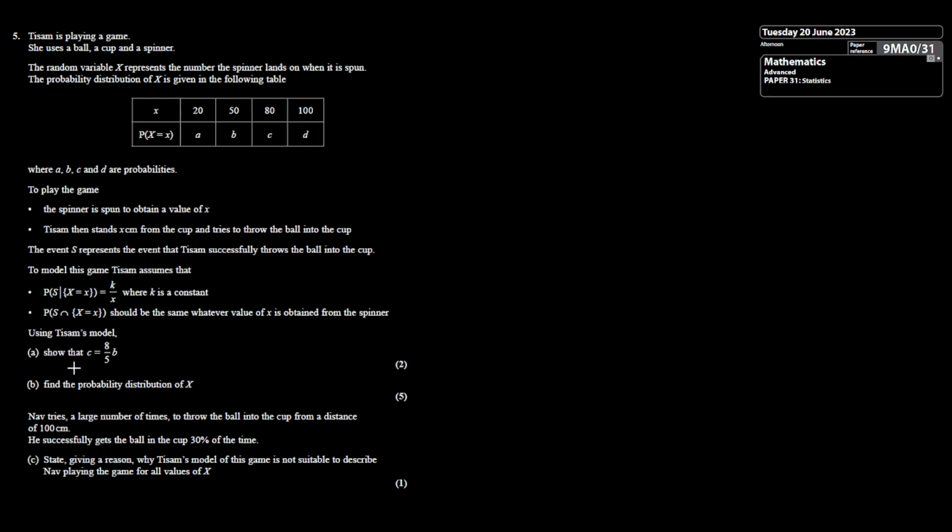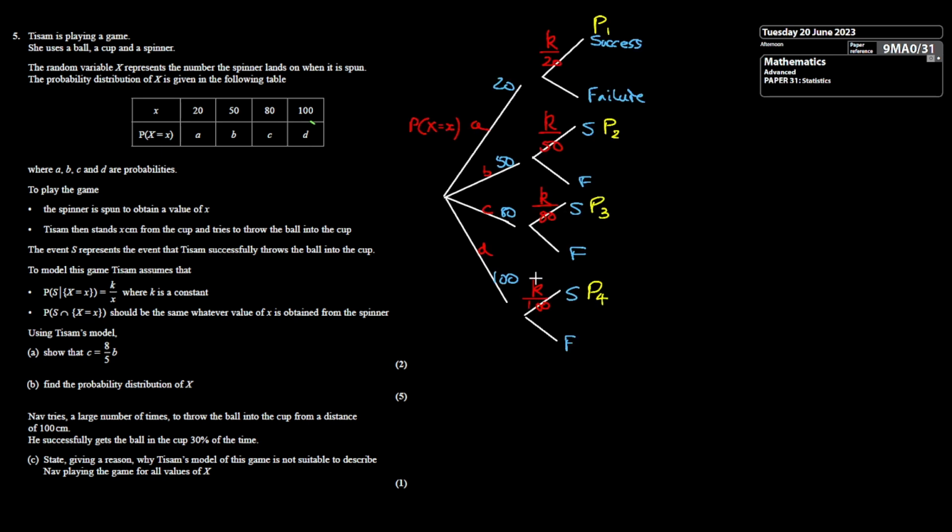So we're asked to use the model to show that C is equal to 8/5 of B. In other words, the probability here of C is equal to 8/5 of B. We've got to draw a probability tree for these first results and then the probability of success of throwing the ball into the cup. So here's my tree diagram. Here are the 4 results of the spinner throw. We either get a value of 20 or 50 or 80 or 100, but we don't know the probabilities of getting there. Now we throw the ball, and the probability of getting a success is k divided by the result